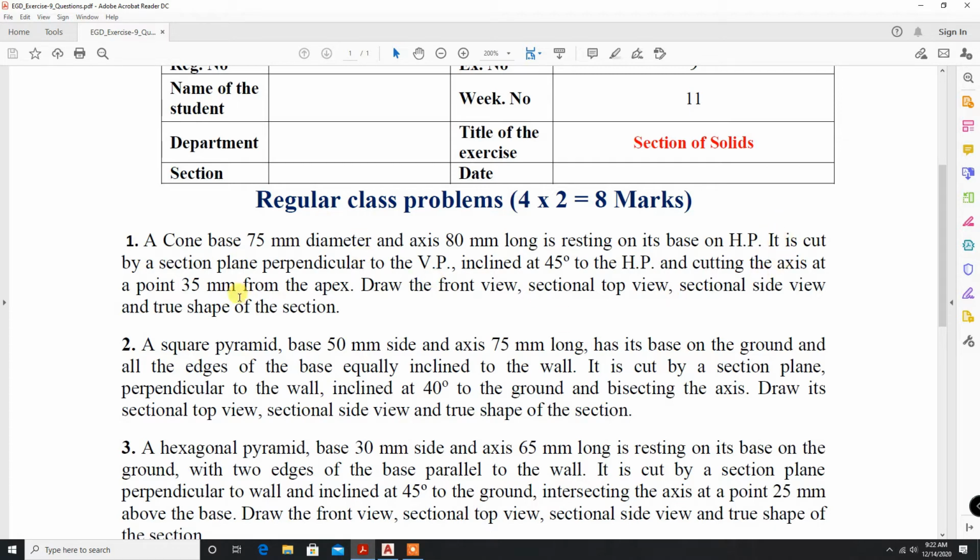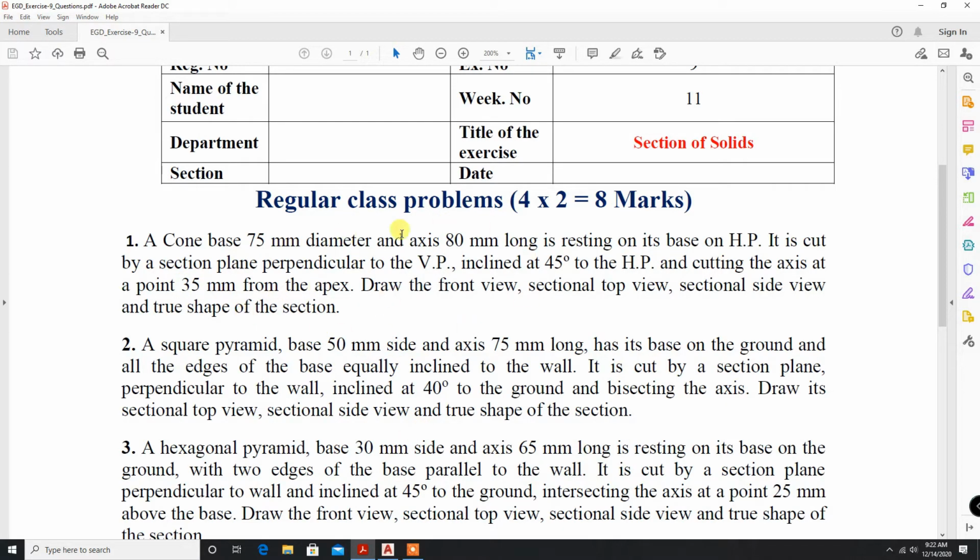It is cut by a sectional plane perpendicular to the VP. VP means wall, perpendicular to the wall, inclined at 45 degrees to HP, and cutting the axis at a point 35 mm from the apex. The cutting plane is passing at 35 mm from the apex.